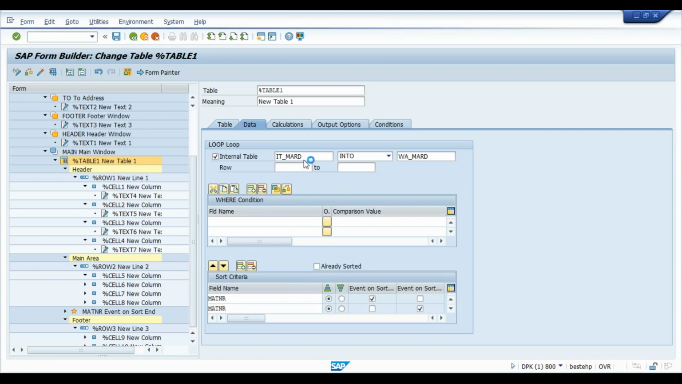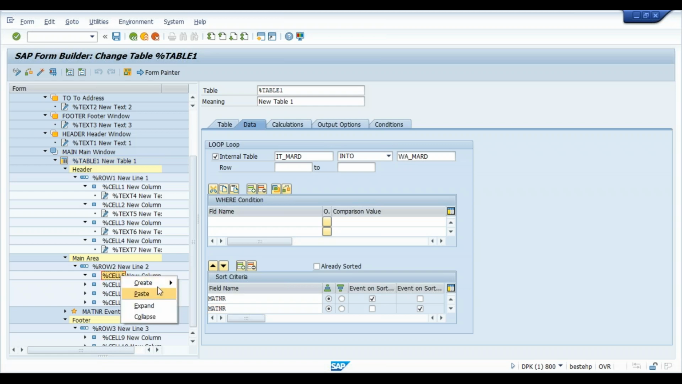Now that we have mentioned the internal table and work area in the table, we can make use of the work area fields in the main area, because the work area will be printed. The sort criteria is something we have to do, just take it for granted. The system expects us to align the data with some field. So we'll right click on this, create